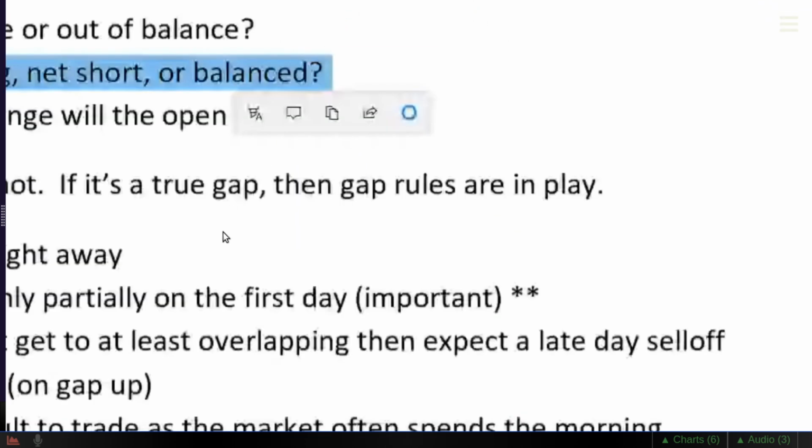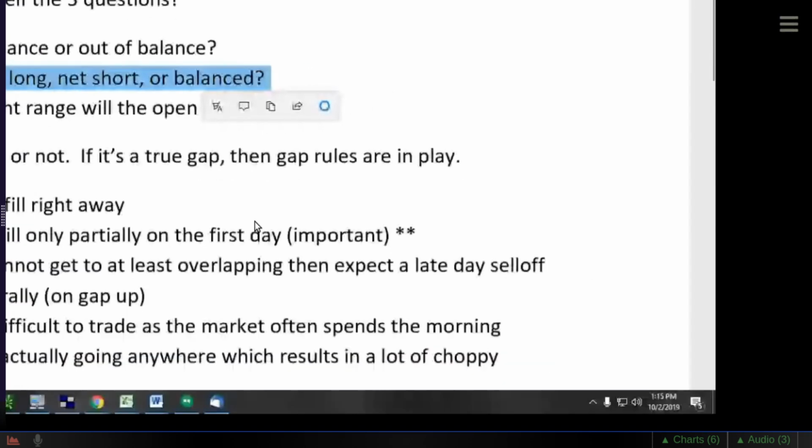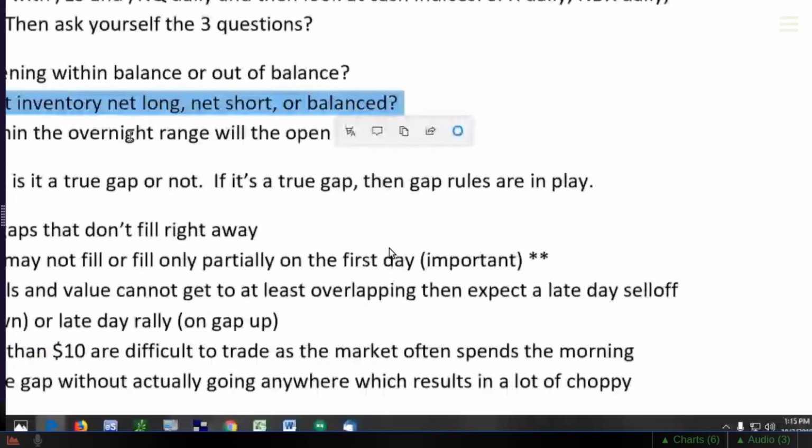So this is all of the overnight activity here. And in the questions that we were just talking about, is overnight inventory net long, net short, or balanced? We figure that out by simply looking at the chart and saying how much of this overnight activity is either above the settlement or below the settlement. Now, 9 times out of 10, when you gap down big, like we are this morning, that overnight inventory is going to be 100% net short. That means that almost all of the activity would be down here under Friday's open, or Friday's low rather,